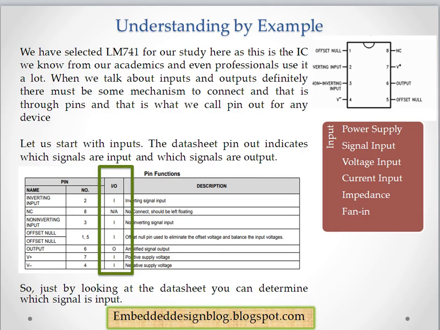The pins are what facilitate you to connect your inputs and take the outputs for that particular IC. Now that is called the pinout. So you see the pinout from the data sheet here. You can definitely categorize what is input and what is output. I is input, O is output. So we'll look in detail further and see